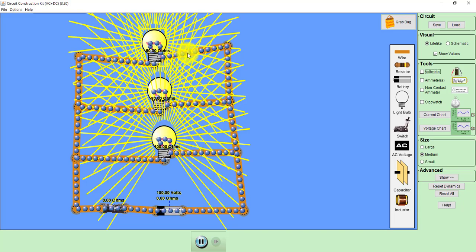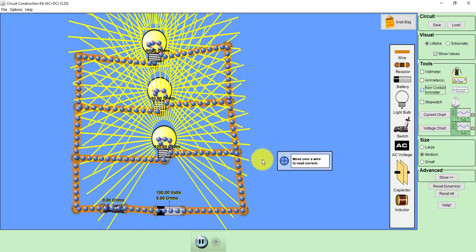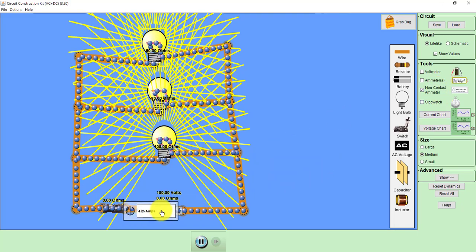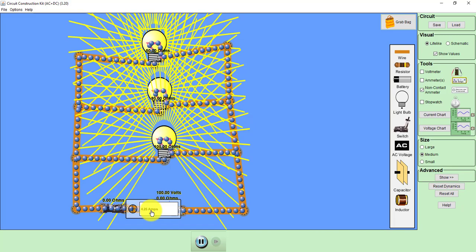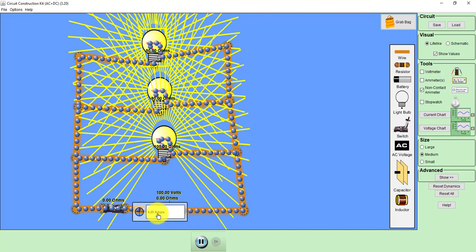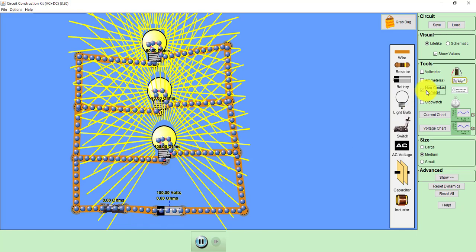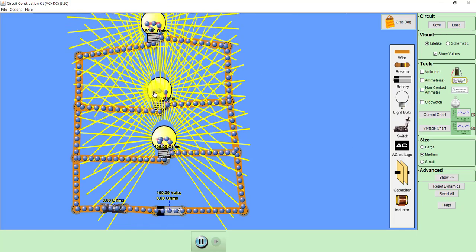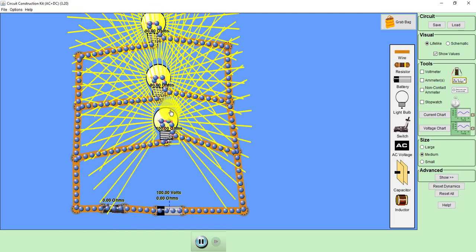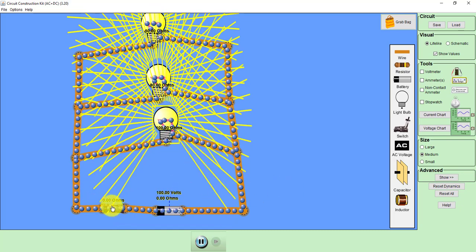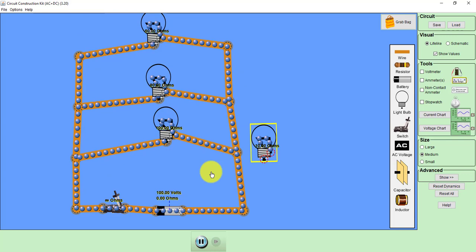To verify this, consider this situation where three bulbs are connected in parallel, and once again we will measure the current. How much is that current? 4.25 ampere. Now if I add one more resistance, then the current will increase. For that, let me make a little bit of space here. So I want to add one more resistance. I will take one more light bulb, take a wire. Now I need to delete this.